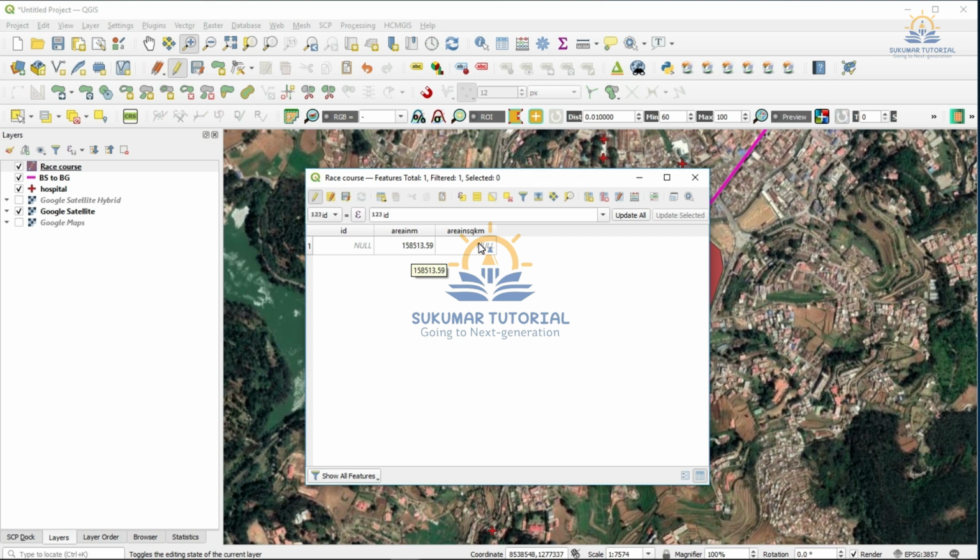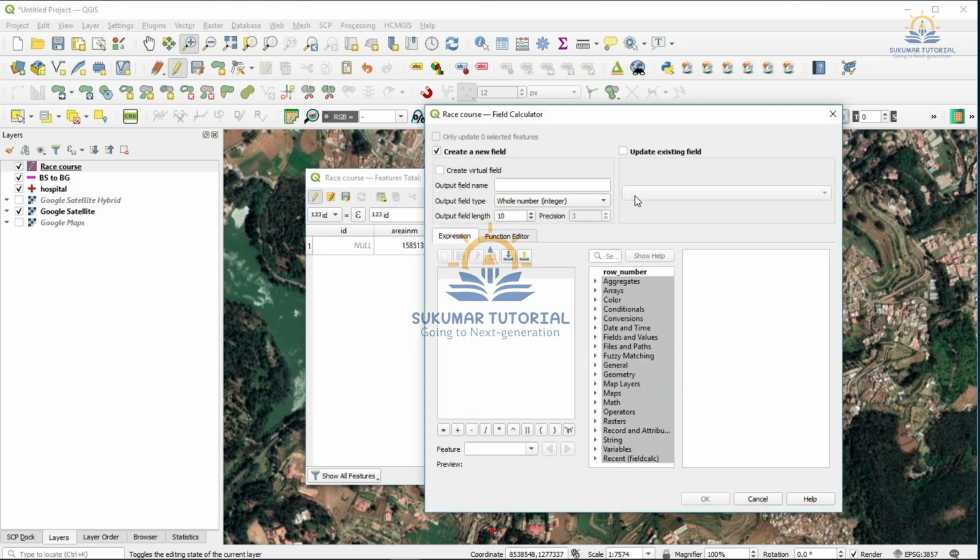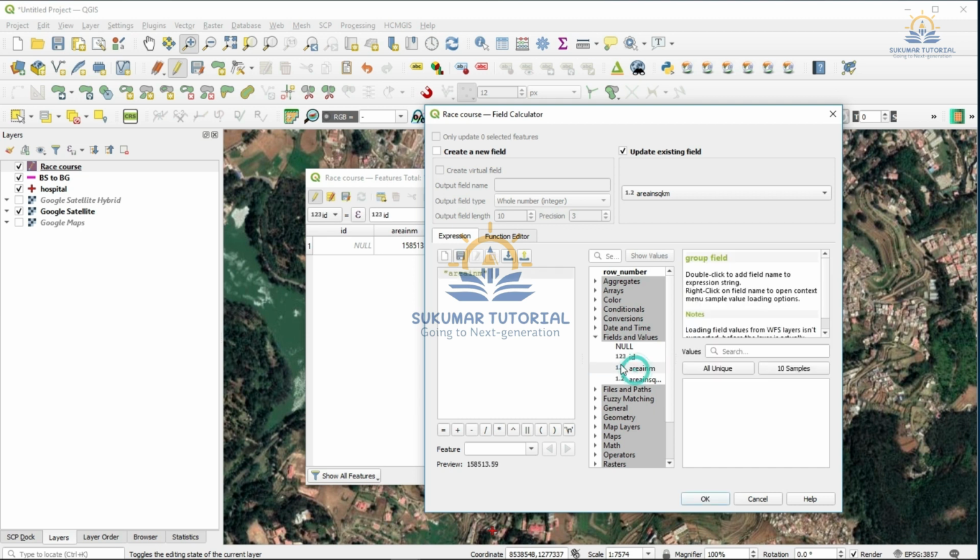Same way we have to update this in square kilometer. Again we go to update existing field, bring area in square kilometer, then you have to go to field. Already we have area in square meter, you bring it here, divide that by 1 million.